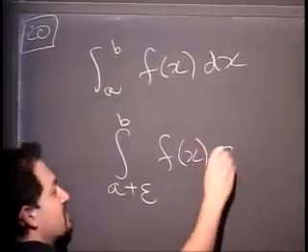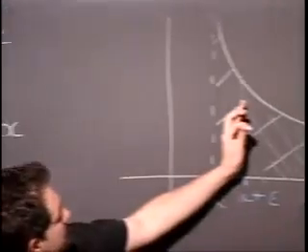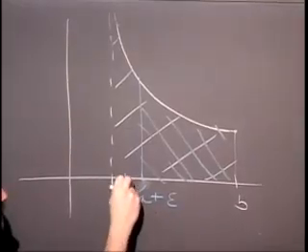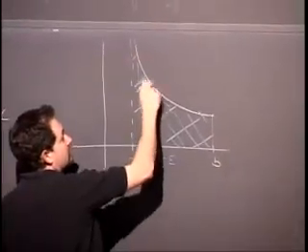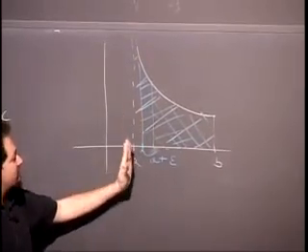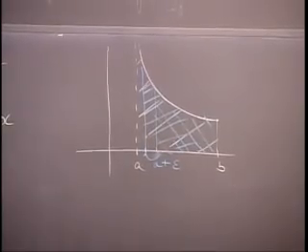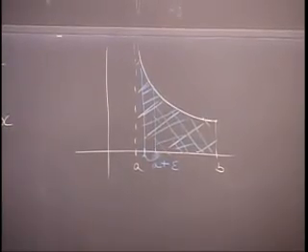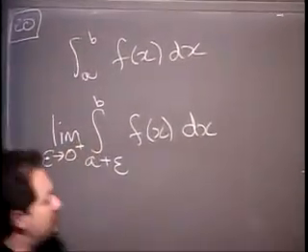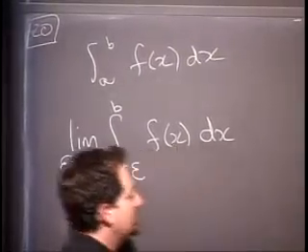is the integral from a plus epsilon up to b. Then I say, okay, but I actually want all the white area, so I redraw a plus epsilon, say, over here. So now I take the new blue area. And I keep pushing this over and over. I can never actually make it equal to a because the function blows up, but I can make it very, very close to a. So I'm actually going to take a limit as epsilon goes to 0 from above. I don't want to allow negative epsilon because then I'd be out here. So I'm going from the right down